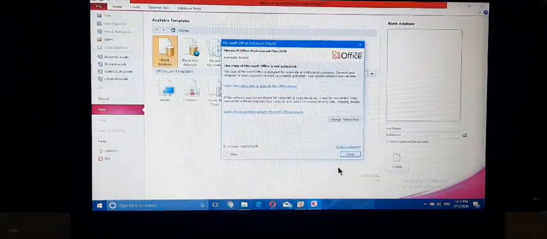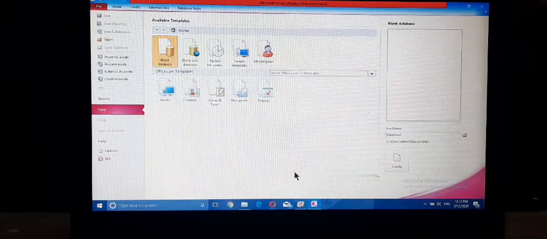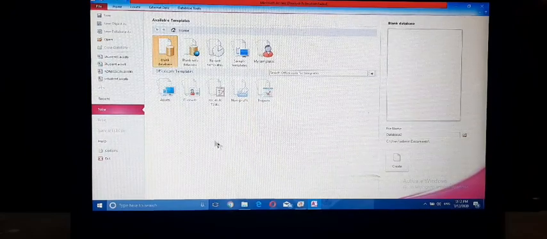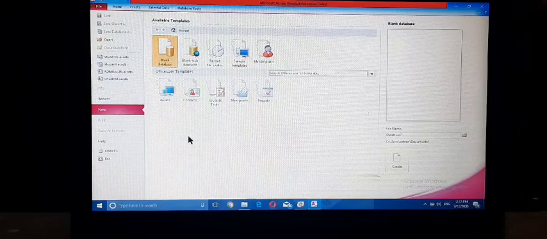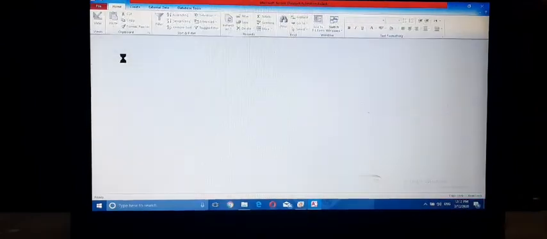It opens the MS Access window. In the previous class, we have already created a database, that is the student 2 database.